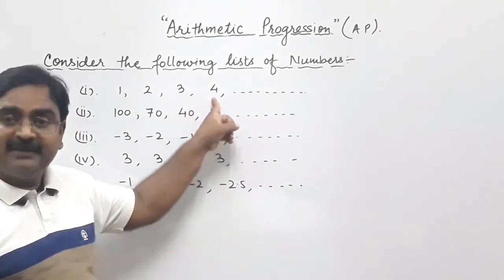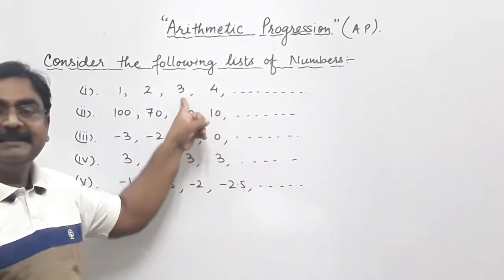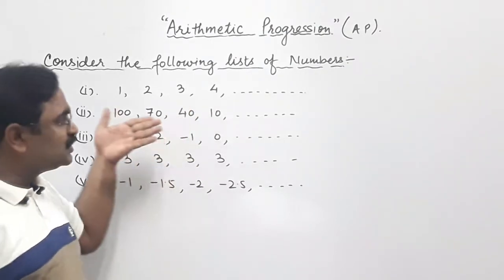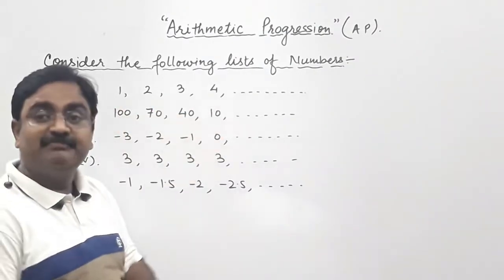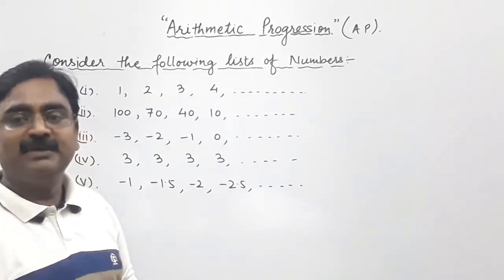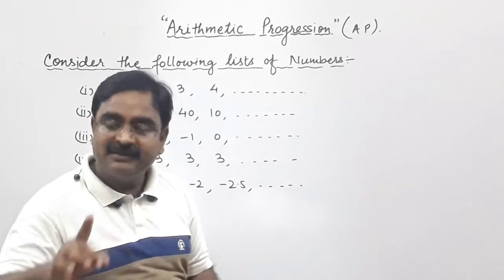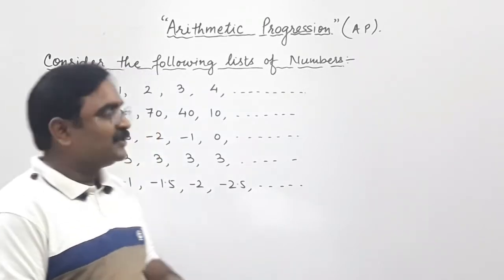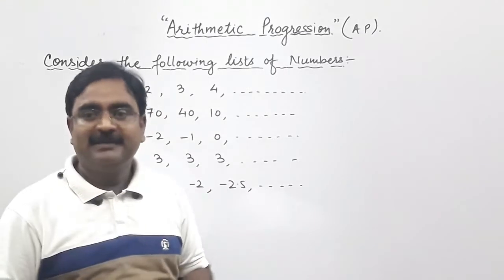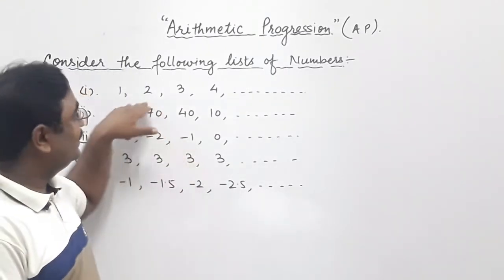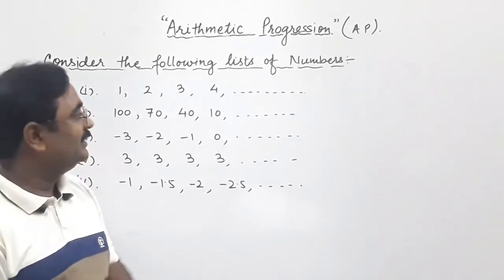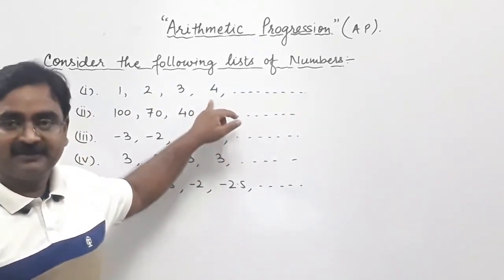That is how you get it when you add 1 to its preceding term, right? So each and every term you can get by adding 1 to its preceding term, right children? So we will get a certain pattern, right? That is adding plus 1 in each of the terms, so you can get its next term.